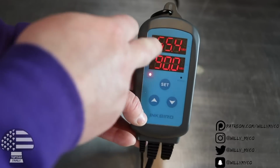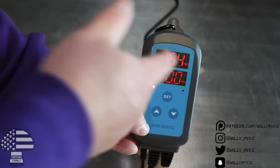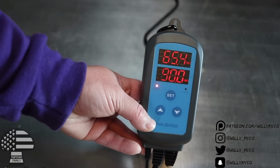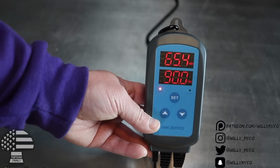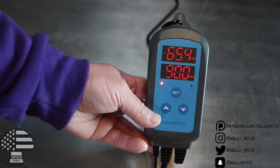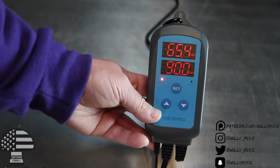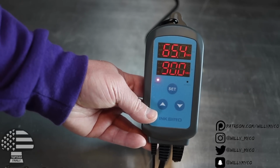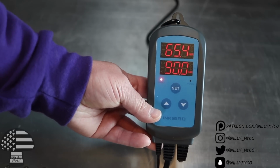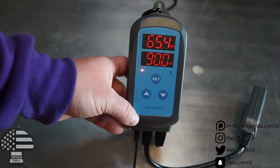Now you guys don't wanna set it to 100% because if you set it to 100%, what will end up happening is your humidifier will just run all the time, constantly, trying to get up to 100%, which is pretty much soaking wet. You guys don't want that. 90% or above, or even slightly below, is perfectly fine for any type of mushroom you're gonna be cultivating inside this tent. So now that I showed you guys how to set your setting and where it should be at,